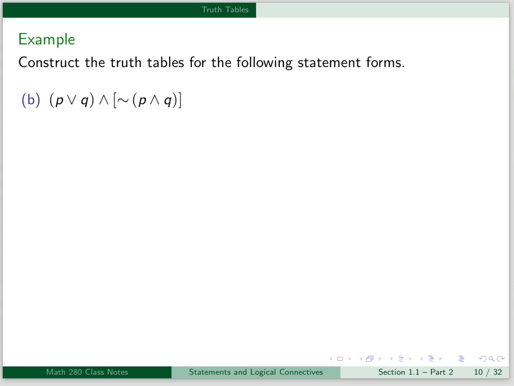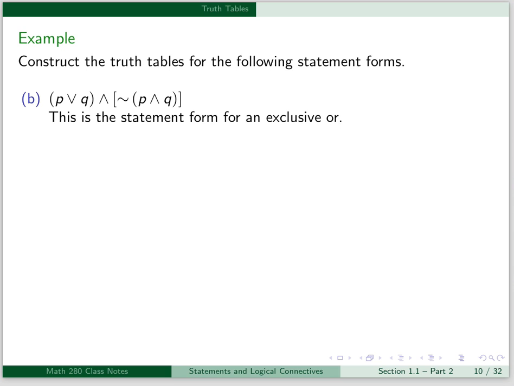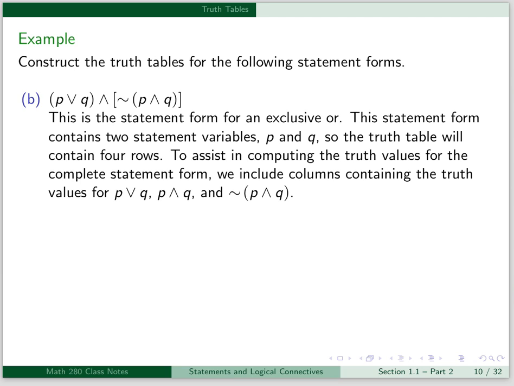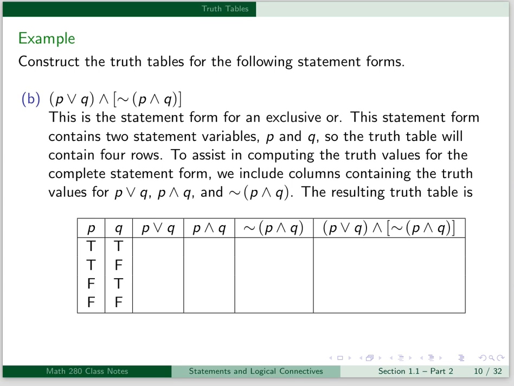For part B, we have p or q, quantity, and not p and q, quantity. This is the statement form for an exclusive OR. This statement form contains 2 statement variables, p and q again, so the truth table will contain 4 rows. To assist in computing the truth values for the complete statement form, we include columns containing the truth values for p or q, p and q, and not p and q. The resulting truth table looks like this,